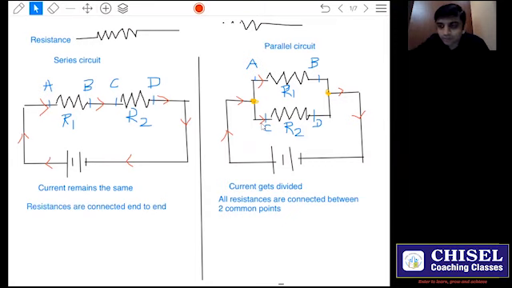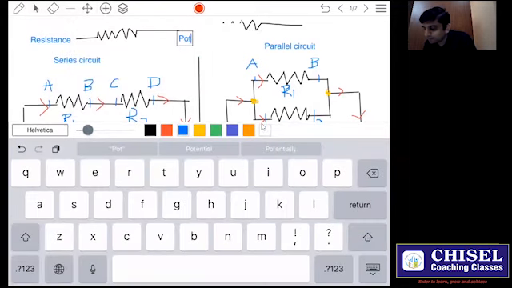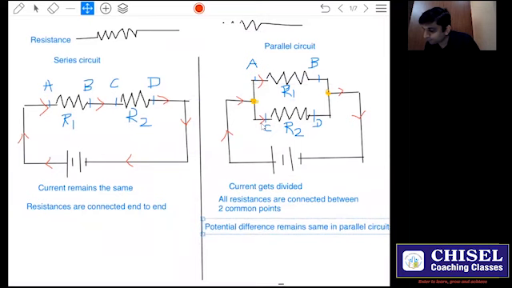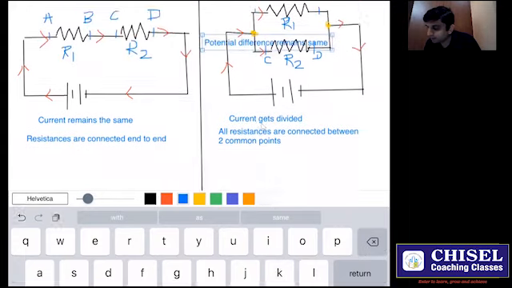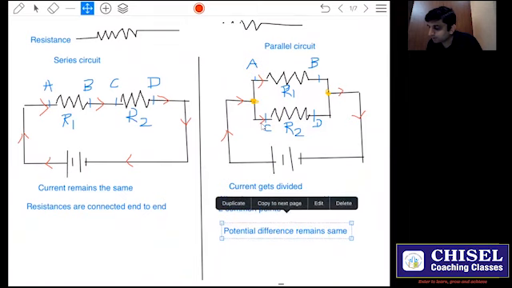Okay, in other words what we say is, in parallel circuits the battery indicates potential difference. So we say that potential difference remains the same in parallel circuits here. The potential difference remains the same. Why I am saying this is because both the resistances get the same battery potential difference, but